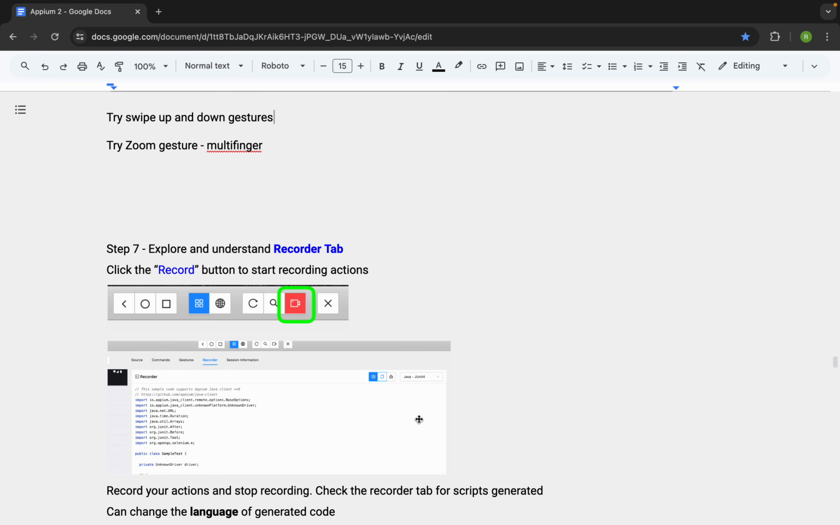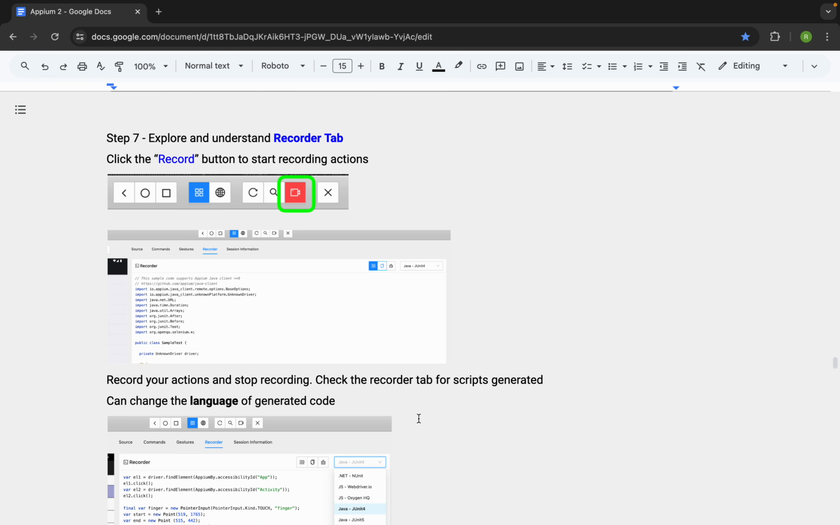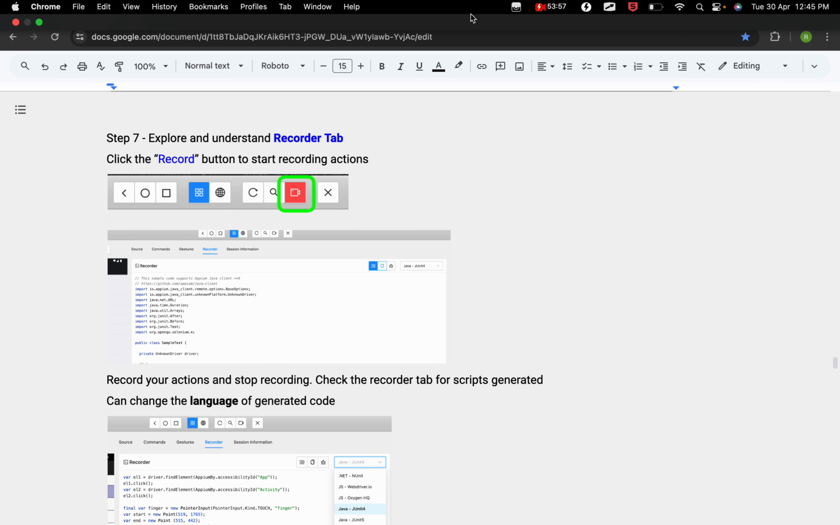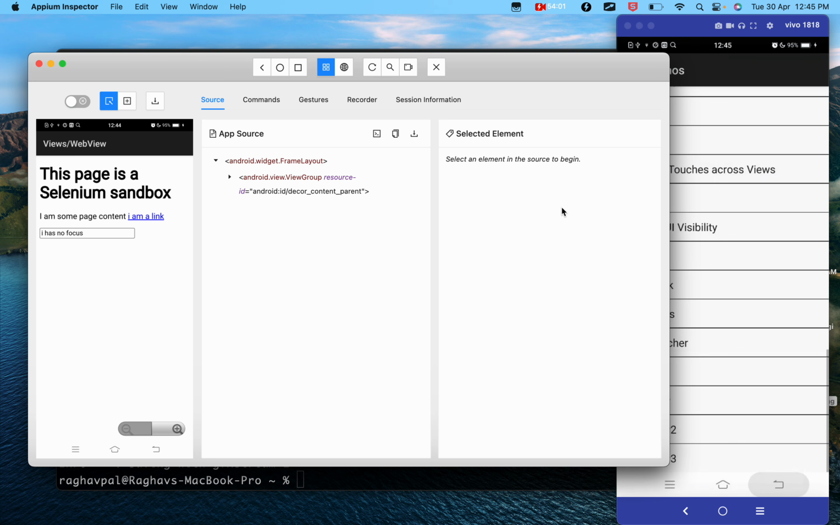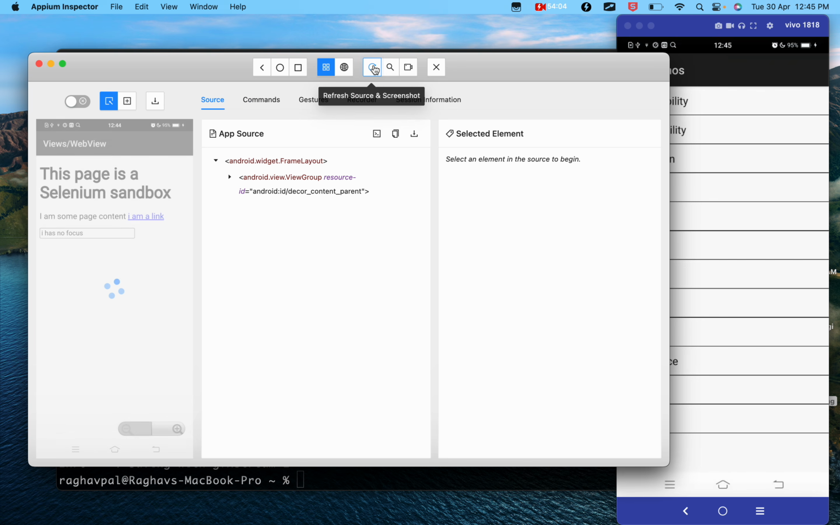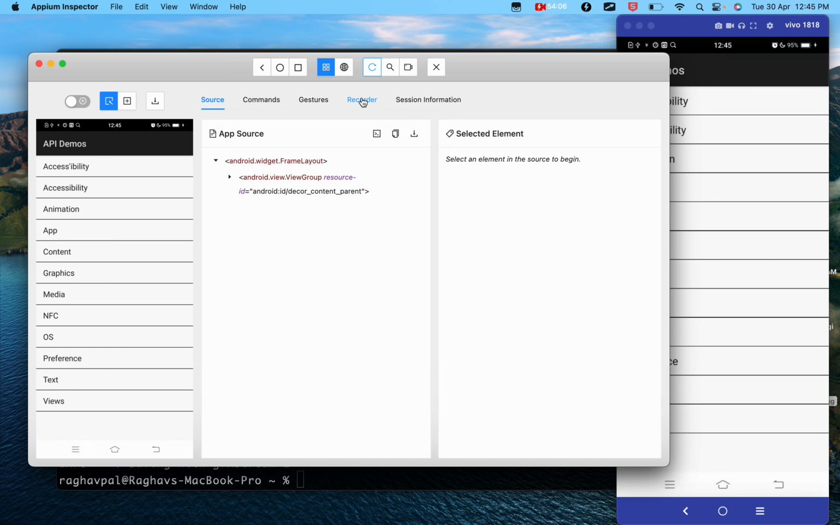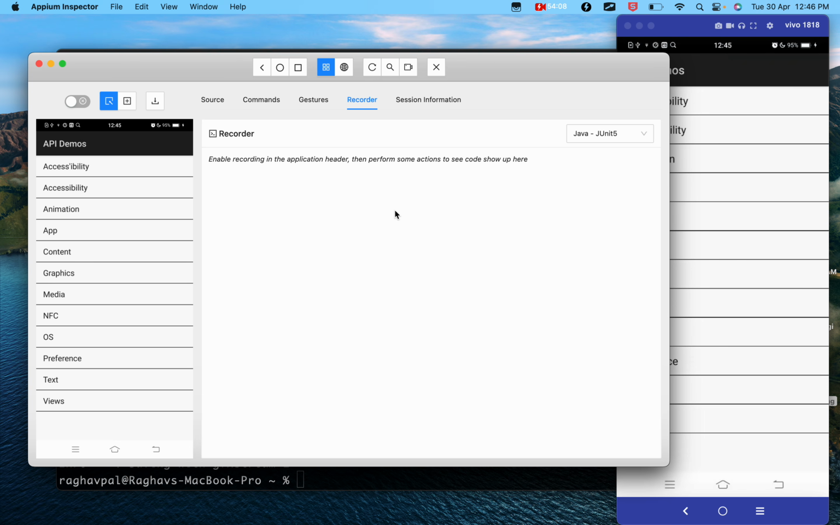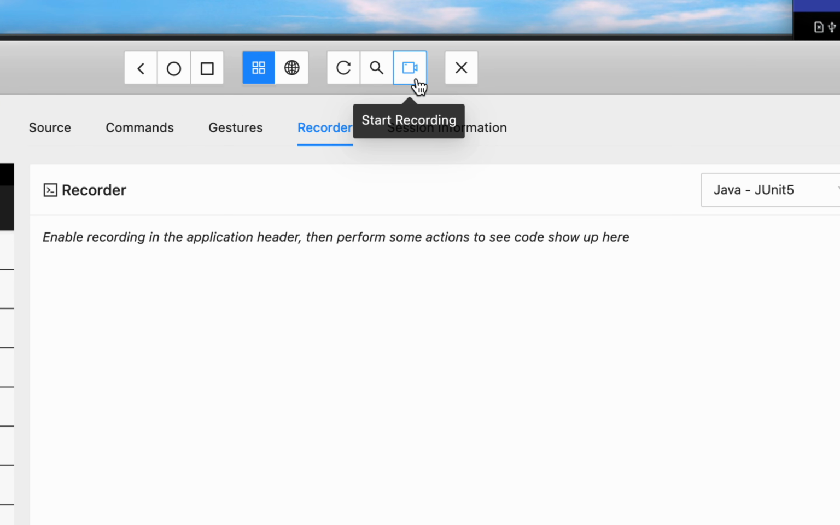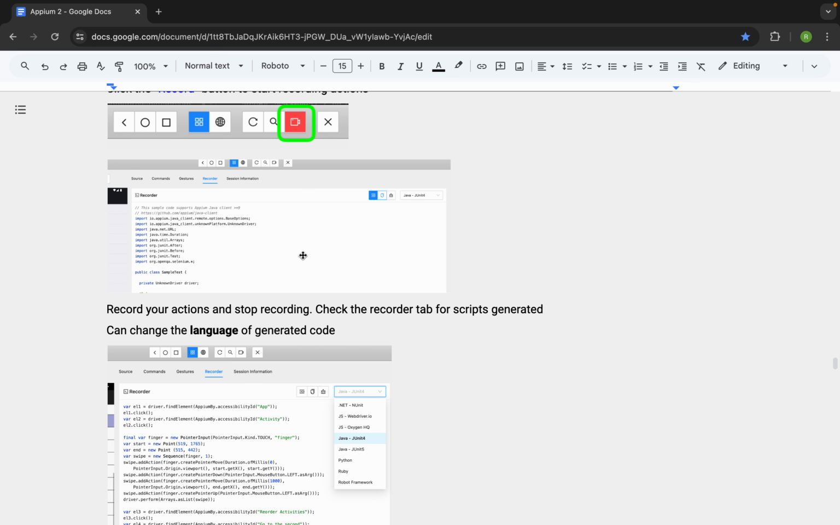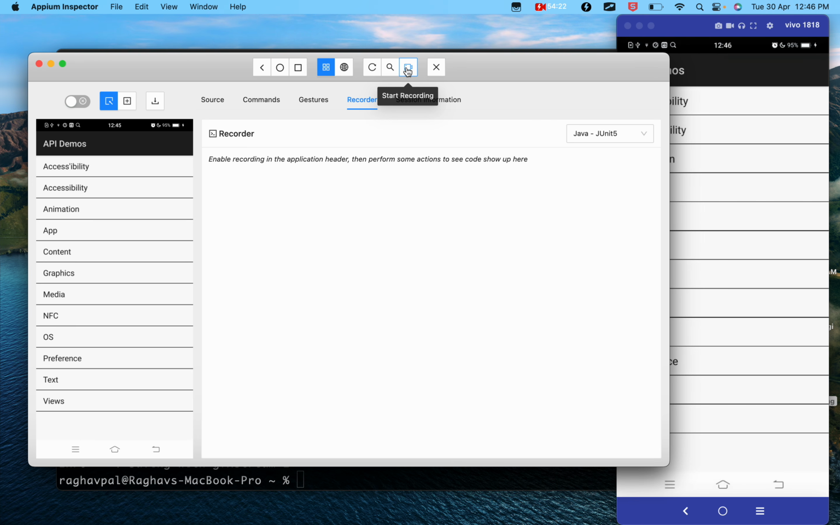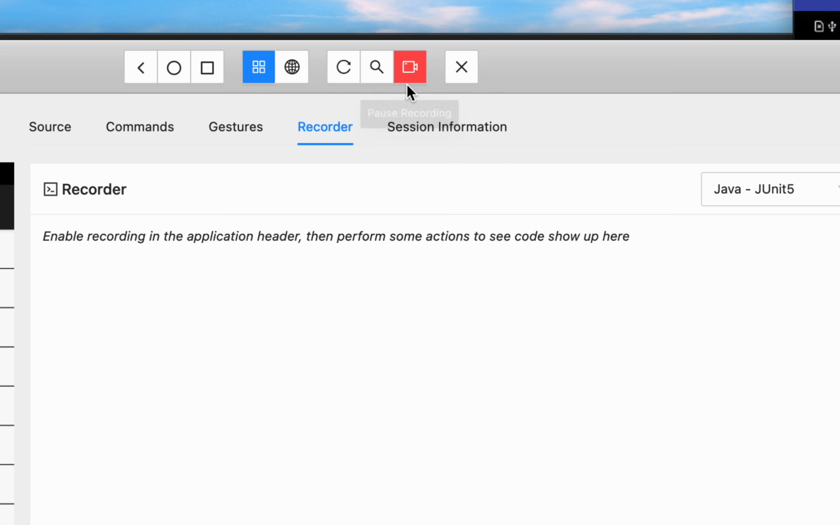Okay, now the next tab we have is the recorder tab. So I will just go back to my application, and then this is the recorder tab. Now this is the tab where, when we start recording using this start recording button, all the actions we do will get recorded here. So here, let us say, I click on record, you can see recording is now on,